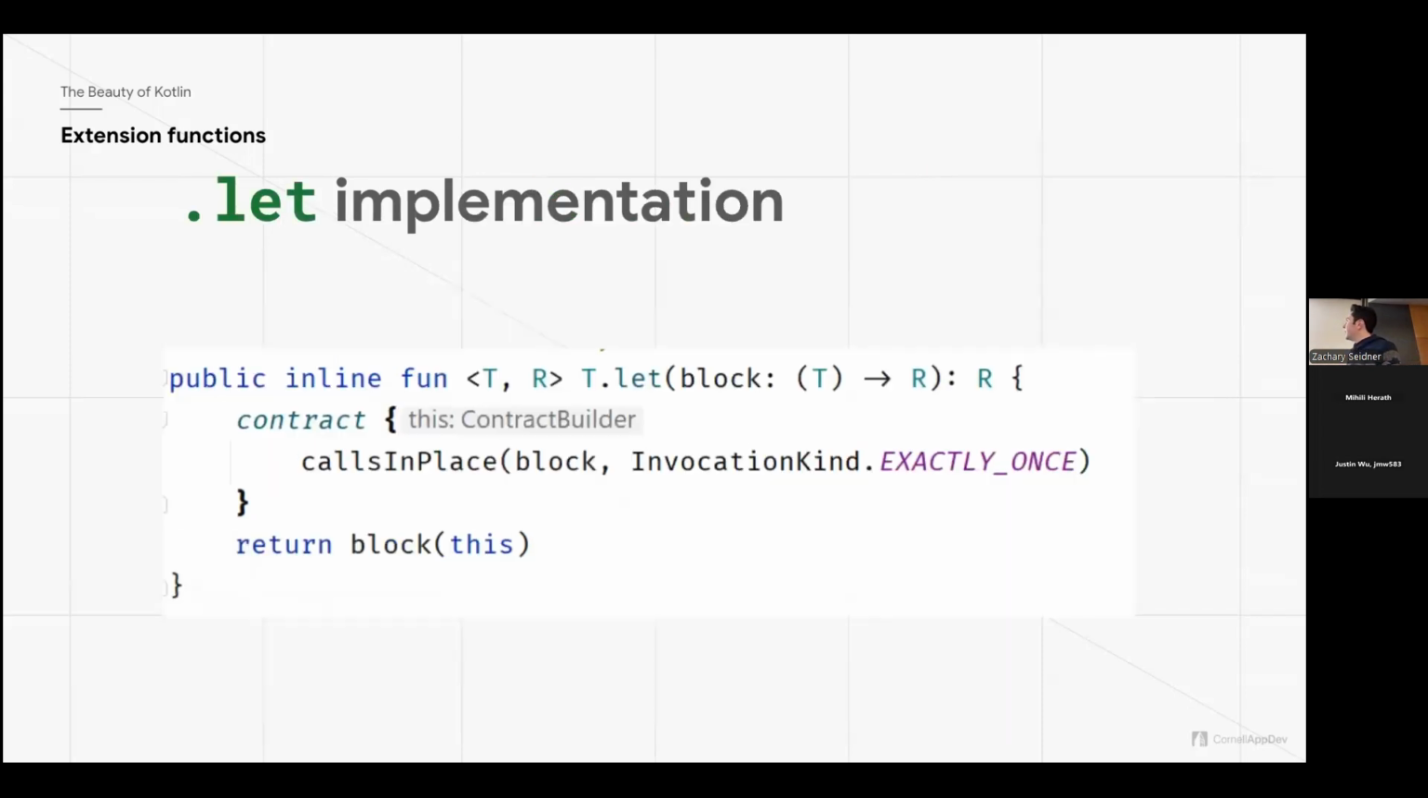If you want to see the implementation, this gets a bit more complicated. Don't worry about the contract or inline, but this is the actual implementation that the Kotlin standard library uses. It takes two type parameters: T, the type of the value that could be null, and R, which is the return type of .let. And we pass in as a parameter